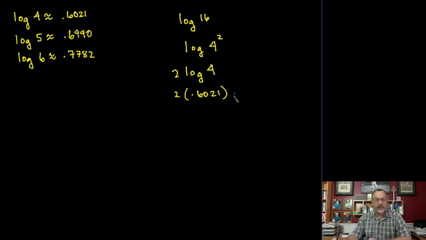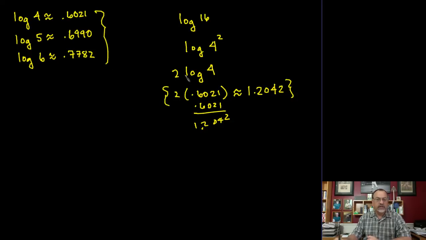0.6021, substituting in the decimal equivalent or approximate, and so now it's simply a multiplication of this or just adding this together. And so that'd be 2.4012, so about 1.2042. So when you're given some logarithmic decimal equivalents and you're asked to evaluate, then you'll simply need to turn